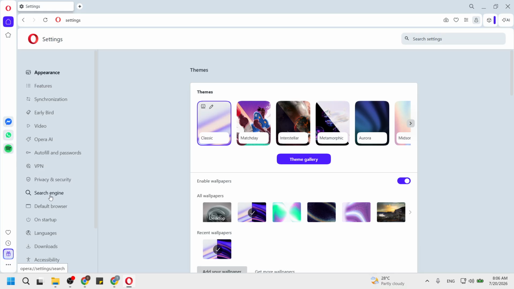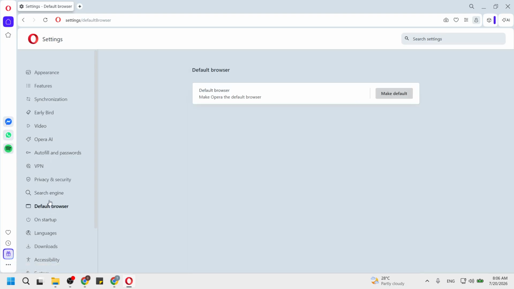browser. Once you're on the settings page, scroll down until you find the section labeled Default Browser. This section is crucial because it contains the settings that will allow you to designate Opera as your default browser. As you scroll, you will see other customization options, but focus on this specific area. It's important to find this section because it ensures that the changes you make will apply correctly.